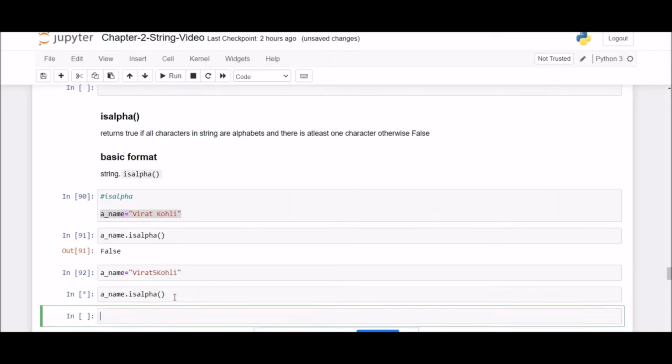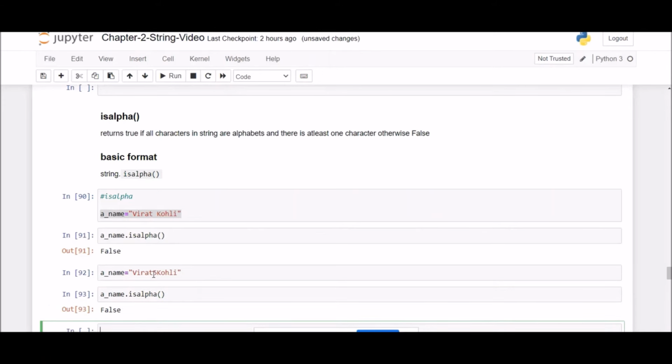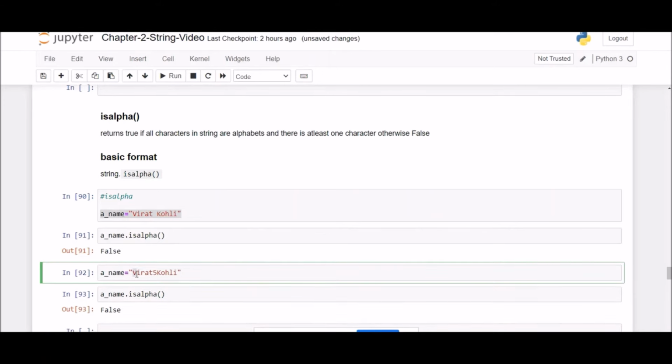We will again get false. Why? Because apart from alphabets like V, I, R, A, T and K, O, H, L, I, it also contains a number 5. So this method will return true only if all the characters are alphabets.